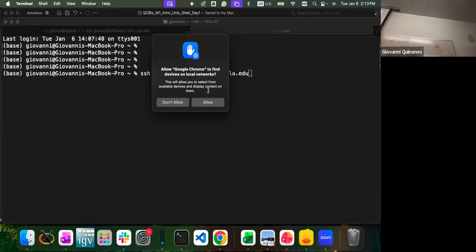Have you tried doing that before? Maybe it might be a password then. How many of you are getting an authenticity issue when you log in? No one? Okay.